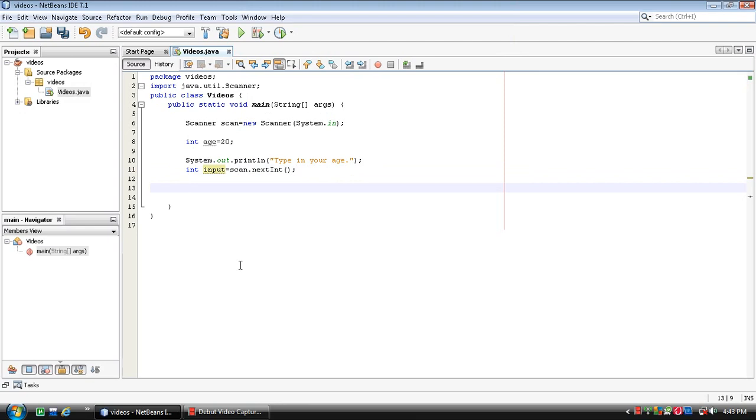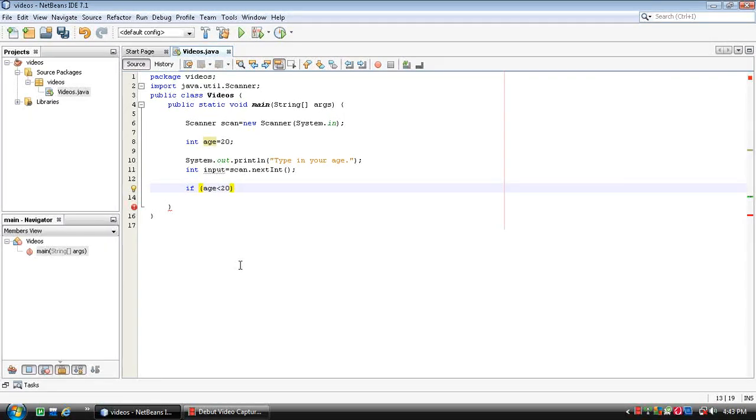Next thing I'm going to be showing you is how to use the AND and OR operators. So AND and OR are your two logical operators. Now I'll just type them out and show you. It's easier to show you than explain it. So we're going to tell the computer if age is less than 20